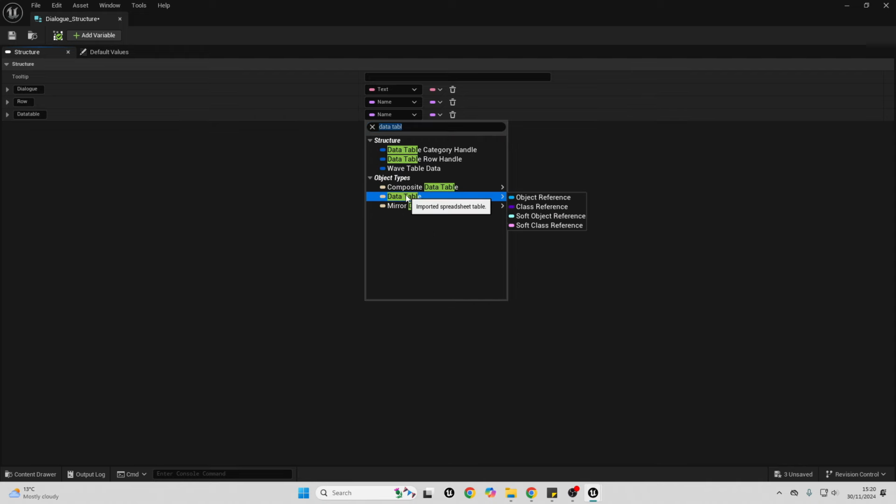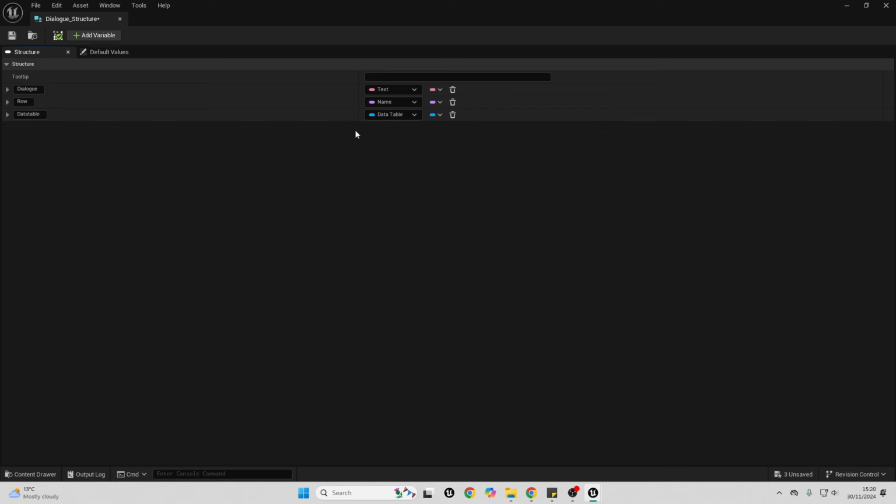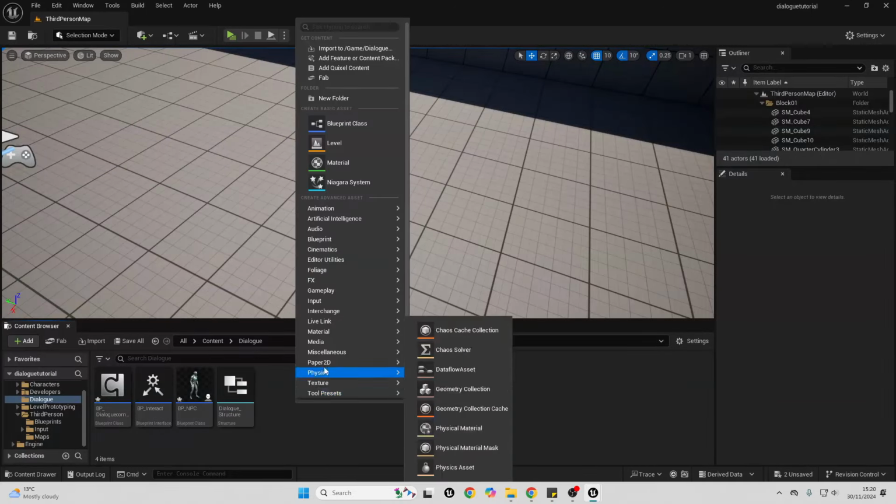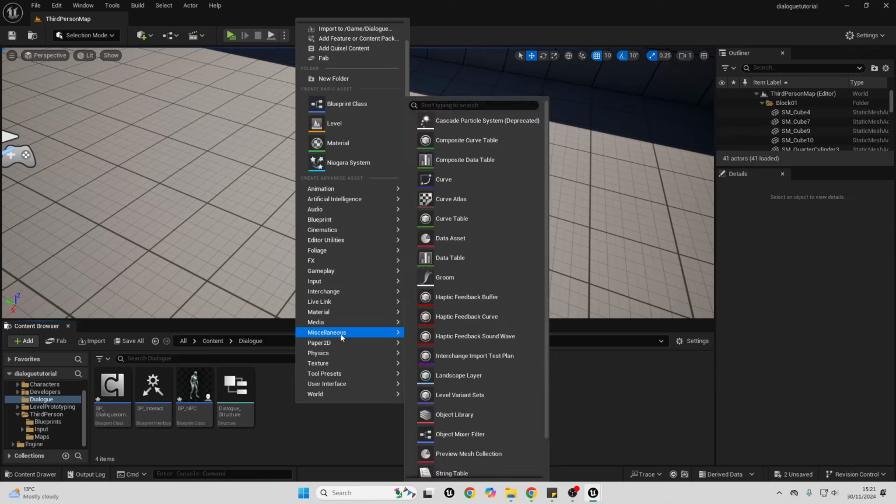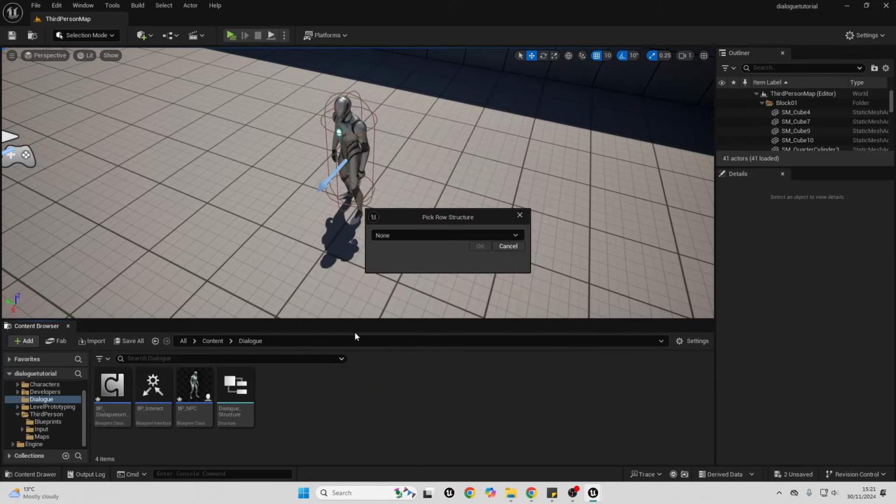We're going to use a data table later on, so don't worry if you don't know what this is. Then create another variable, and just call this end dialogue, and make it a boolean. Then just save this, close it, right click, scroll down, and we want to find Miscellaneous, select a data table,